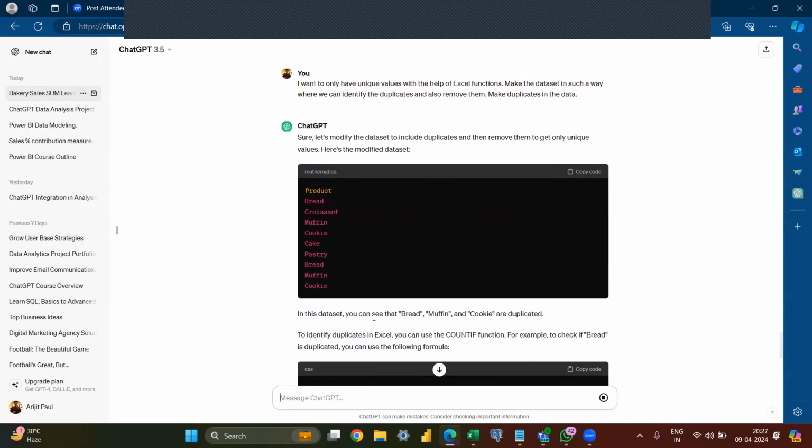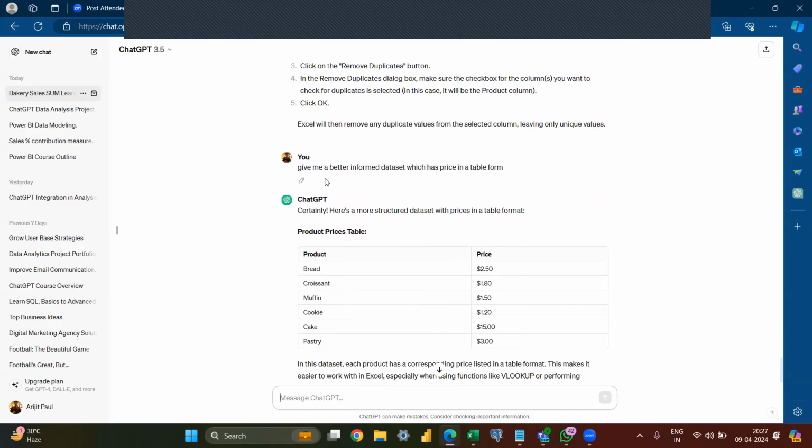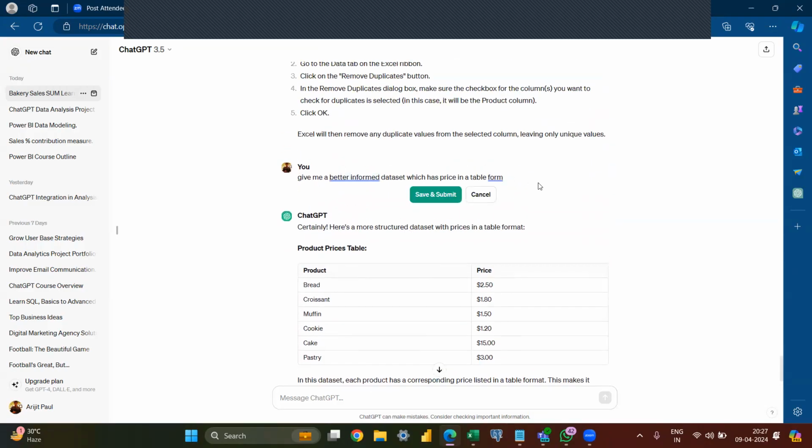So essentially, sometimes ChatGPT will give us these kinds of entries. It won't properly understand it. So, okay. Here I haven't mentioned the fact that we need duplicate entries. So now